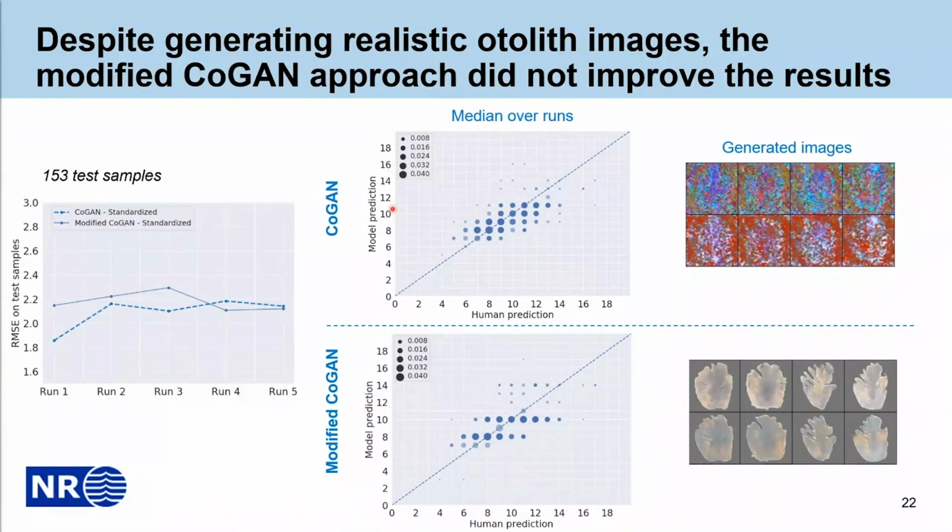So then when looking at the model predictions here against the human predictions, what we see is that there is not a clear improvement with the modified Kogan approach, despite the fact that the generated images with the second approach are far more realistic than what we had in our original approach. Now you can see at least some colors that are respected for the otoliths, but as well you start to see some shapes that are generated that are realistic, for example, the fingers of the otolith, and also the internal structure, which is actually called the nucleus, that appears. And before it was not the case.